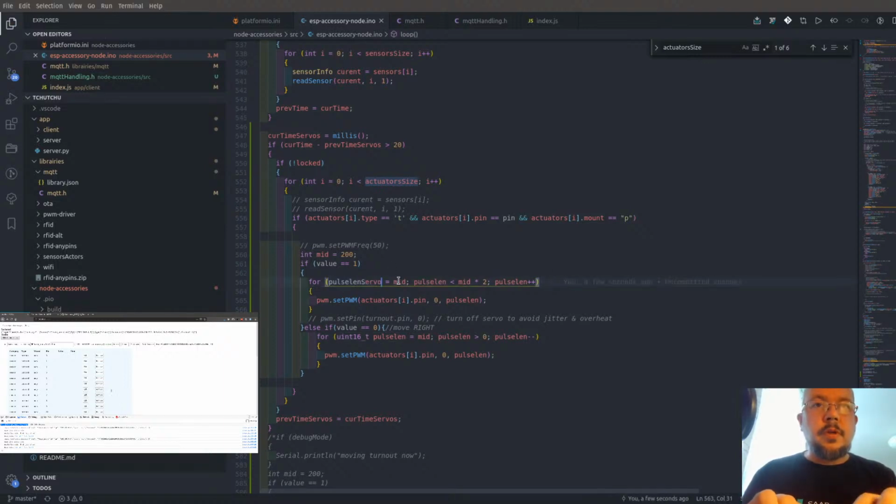So here it would obviously not be this, because what we want is this. Of course, this value here is the one, basically the direction. So I'm also going to rename this, again, for more clarity. And we need to store this when we are getting the MQTT command. So let's also comment this out because we don't need it. So pulse length servo,